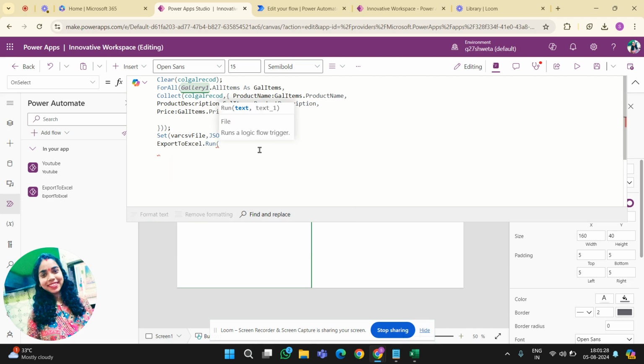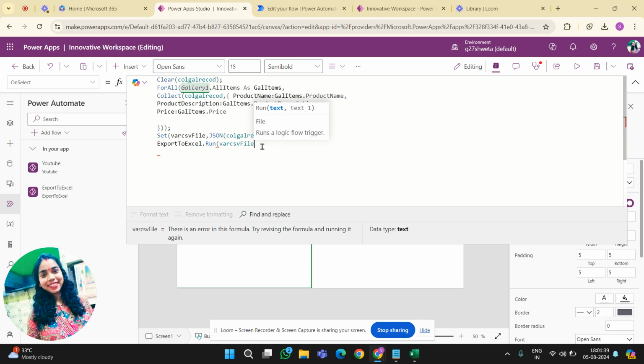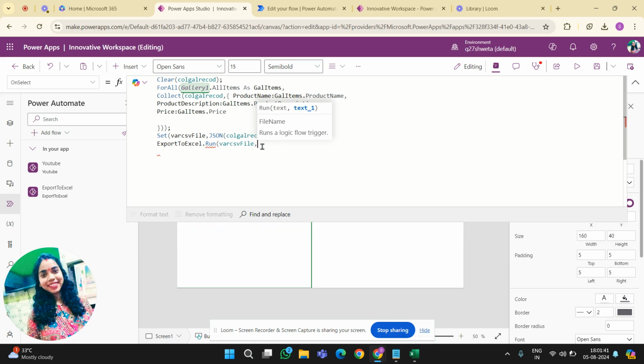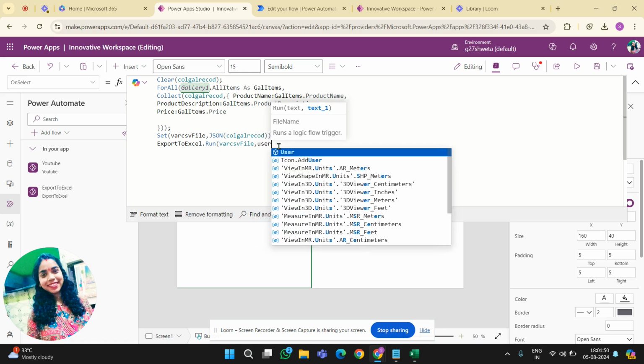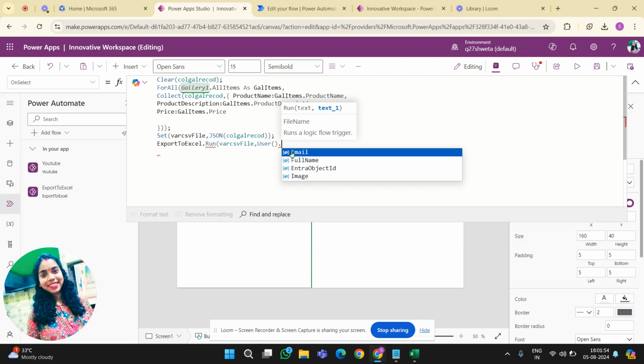Here we will give the variable name which we converted into JSON, varCSVFile. After that we need to pass another parameter which is our file name. Here I am giving the file name as the current logged in username, User().FullName.